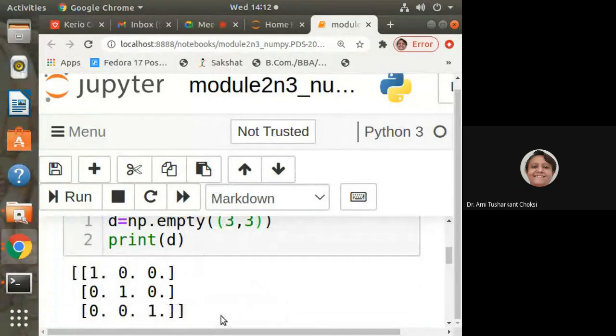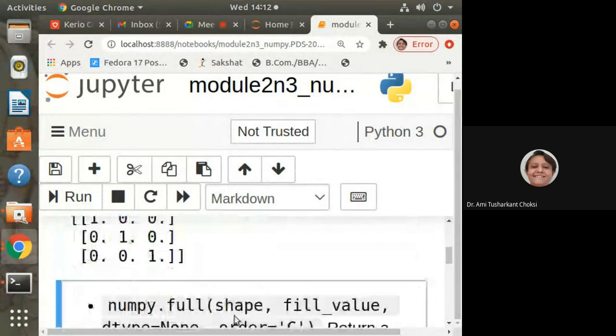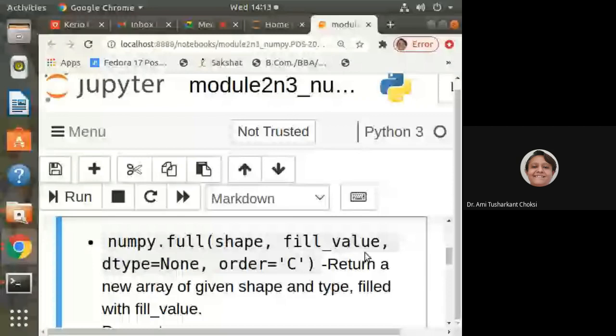numpy.full returns a new array of given shape and size filled with a value. Whatever value we want to give, right? If we are giving 1, then it should give us all 1s. So whatever array we want to have, let us see that.